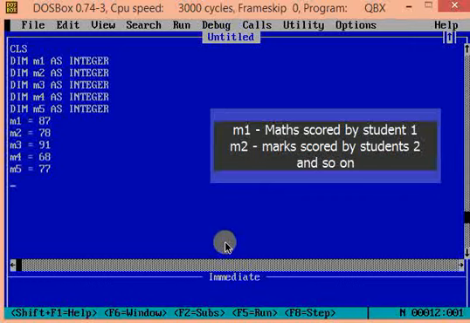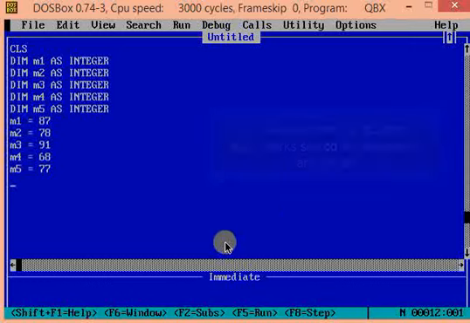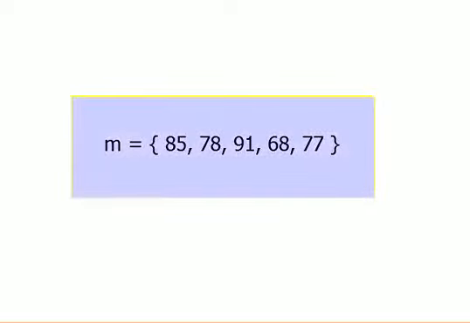As I always try to find similarities between concepts of mathematics and QBasic, we will do the same while learning this topic of arrays. In mathematics, we have sets. Let's say we have a set that represents the marks scored by 5 students. I can write the set like this.